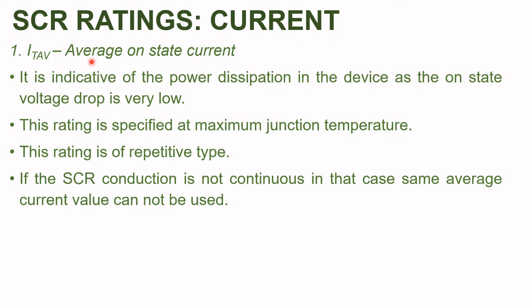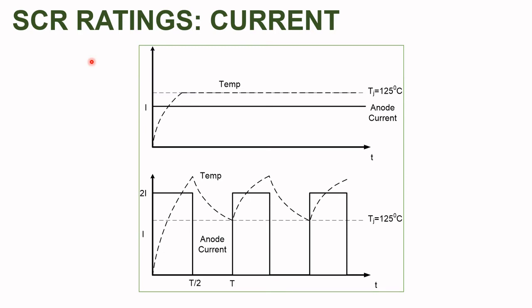This rating is of repetitive type. If the SCR conduction is not continuous, in that case, the same average current value cannot be used for deciding the power handling capability of the SCR, because if we are talking about the pulsating current, with a magnitude of twice I and a given time period, and the pulse is on for 50% of the time period, then the average value will be equal to I. And for the value of anode current I,